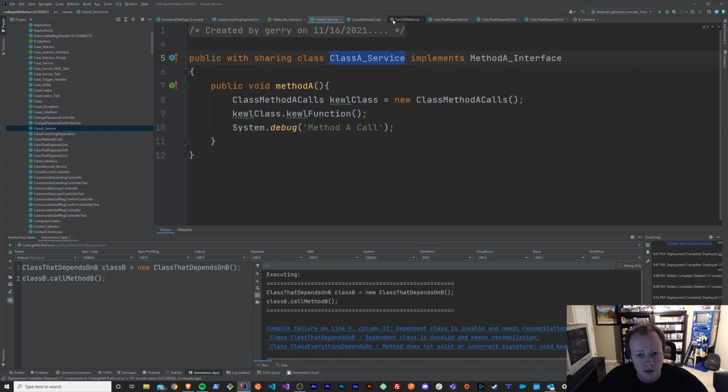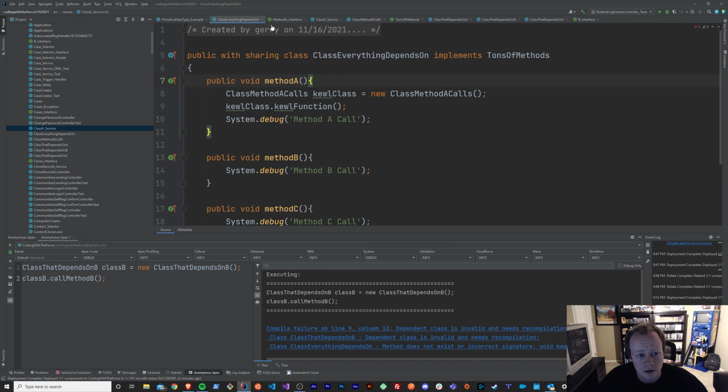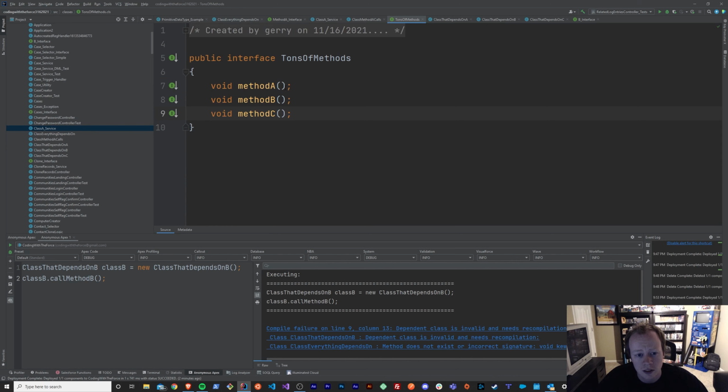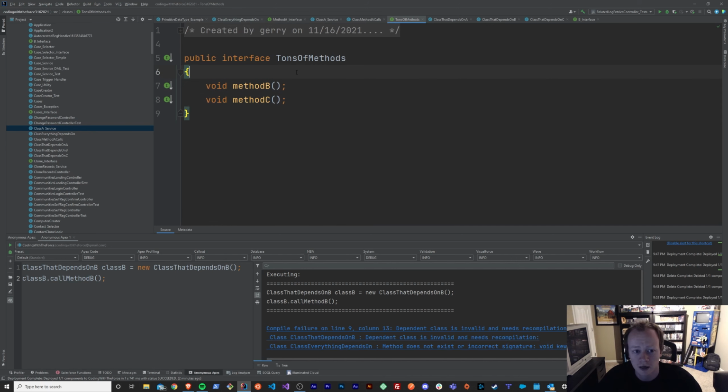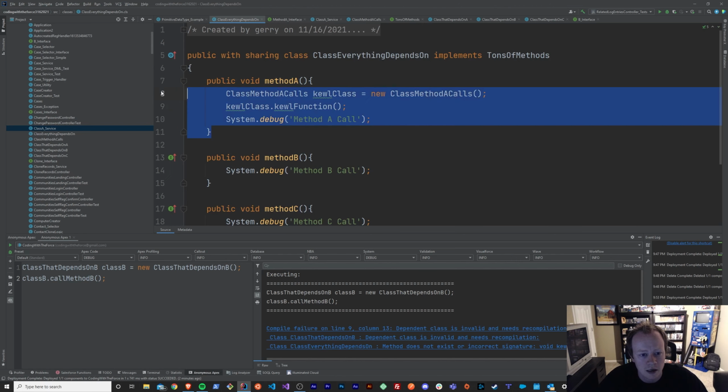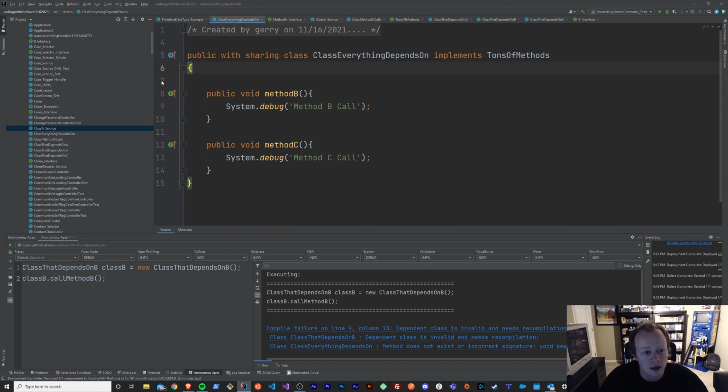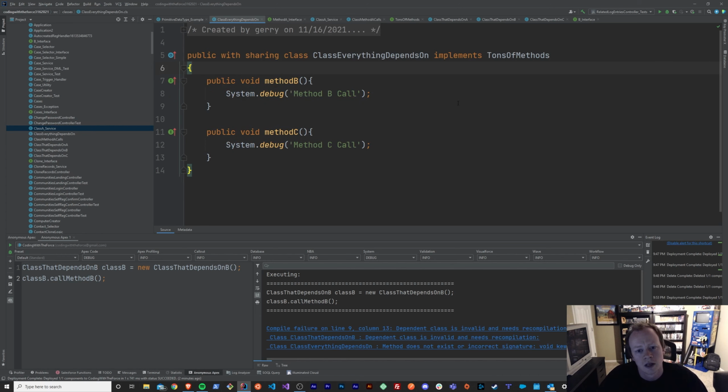And so we can illustrate a point here, I'm going to go to tons of methods, remove method A from here since we've already broken it out, right? And we will come back in here and get rid of method A. And now, if we save all that,